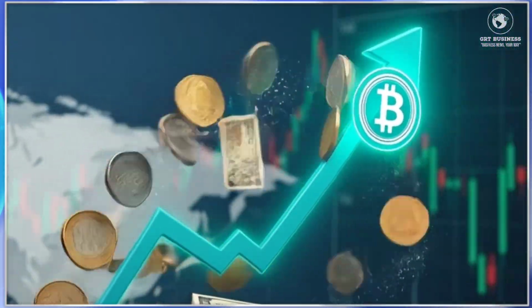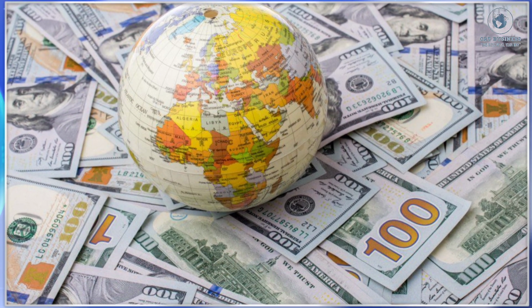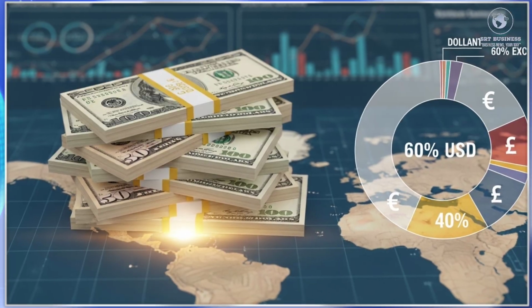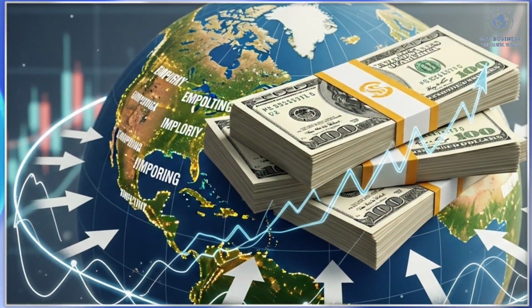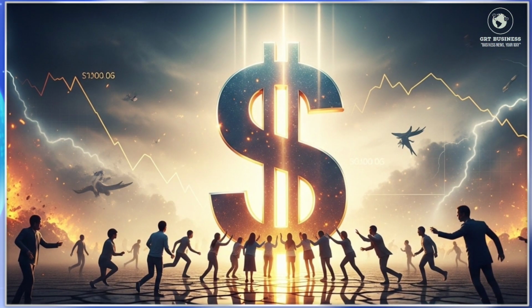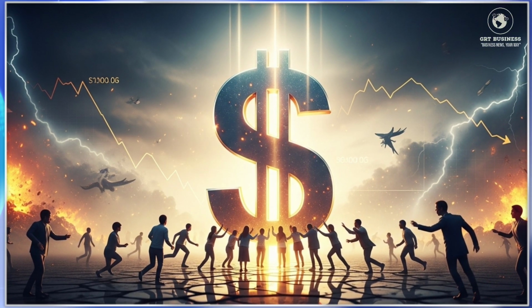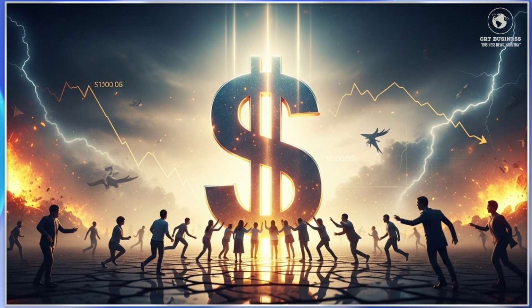Now let's talk about reserve currency status. The dollar is considered the world's reserve currency. According to IMF data, around 60% of global foreign exchange reserves are held in dollars. Oil trade, often referred to as the petrodollar system, is largely settled in dollars. That means countries importing energy need dollars. This keeps dollar demand stable. That's why even during global crises, investors rush toward the dollar. It is considered a safe haven currency.